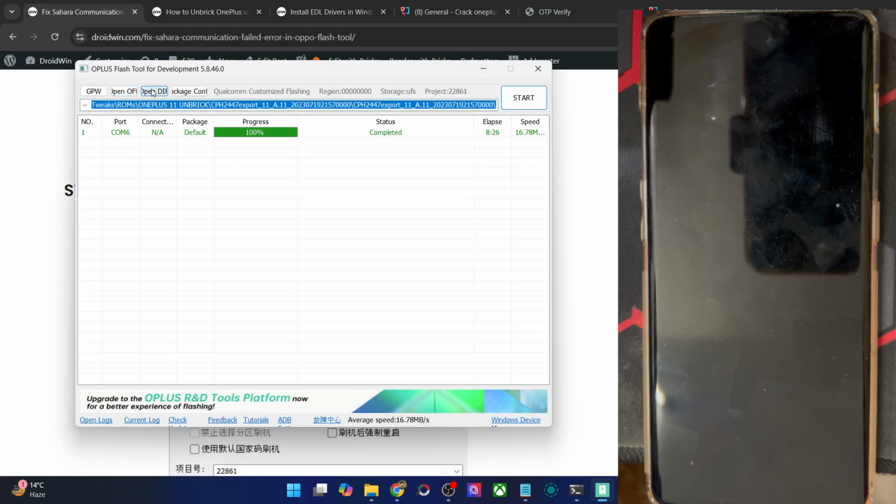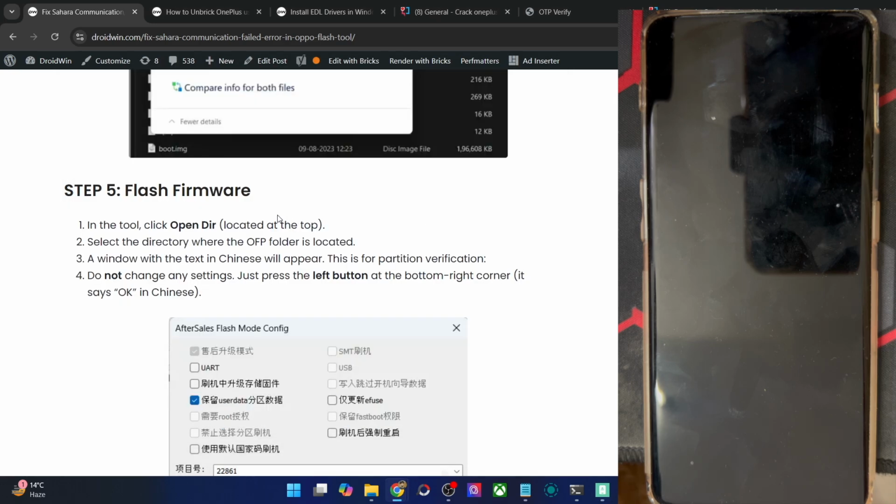Then go inside the folder where you have the firmware and wherein you have replaced the old Firehose file with the new one. This is the entire firmware folder. So choose the entire folder and click on start. Then power off your phone and press and hold the volume up and the volume down keys. And while holding both the keys, connect your phone to the PC via USB cable, and then your phone will boot to the EDL mode. As soon as that happens, the flashing will start.